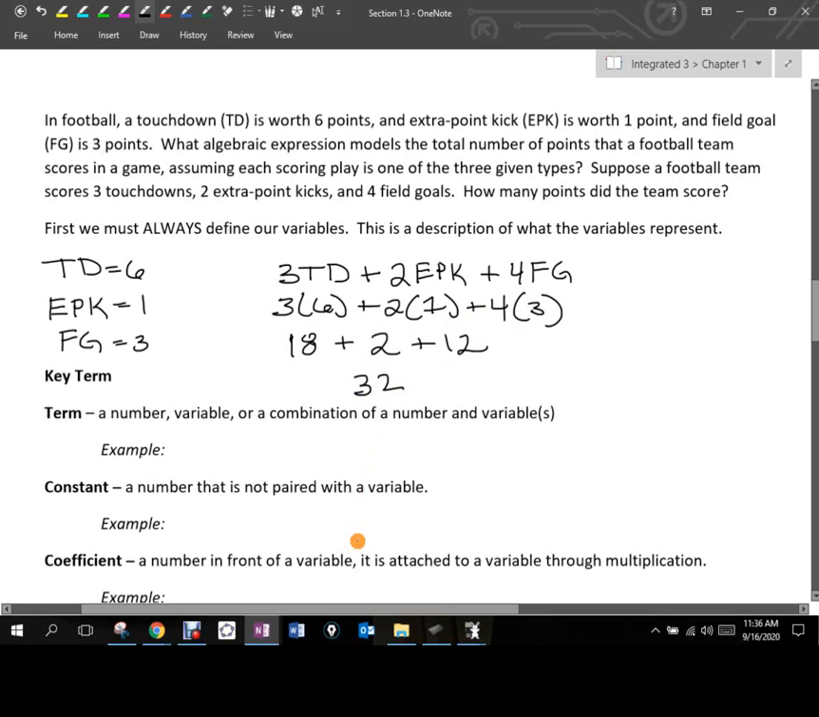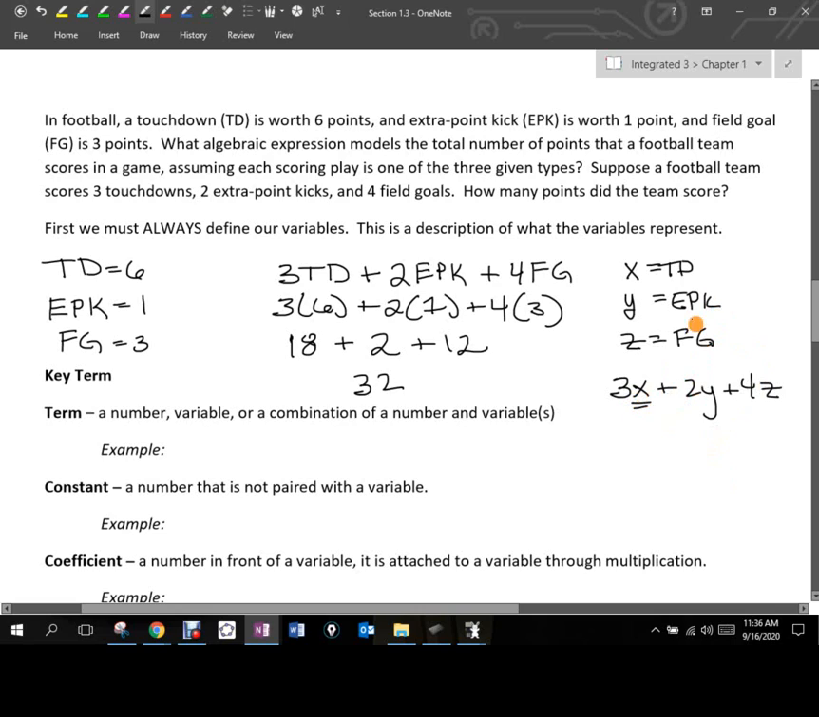Now, you could have said x equals your touchdowns. Use any variables you want to. y is extra point kicks, and z is field goals. So then you would have written 3x plus 2y plus 4z. But now I've got to remember, when I try to evaluate this thing,